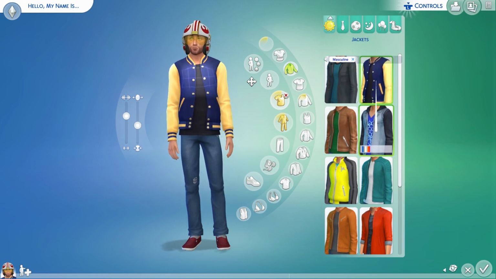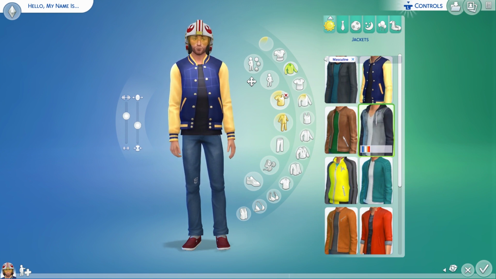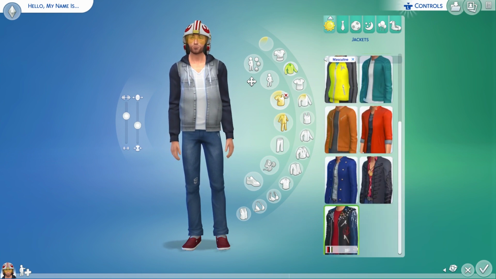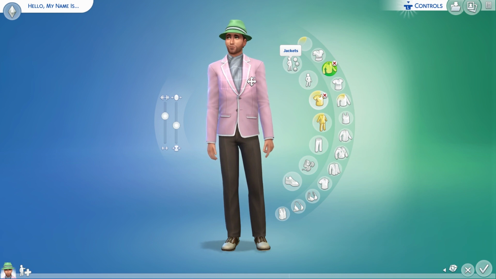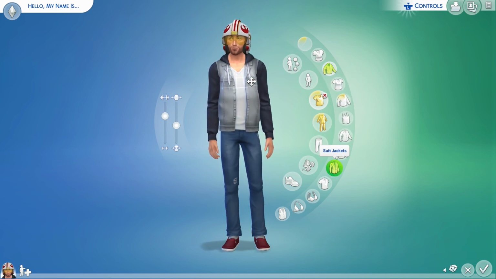Gonna pick a jacket for you now, buddy. That's alright. Wait, I think I like this one. That's cool. There we go. And yeah, plenty of stuff in here to look over. Not a fan of that formal wear that he's got on there. I need to find a way to fix that up, but first I think we...